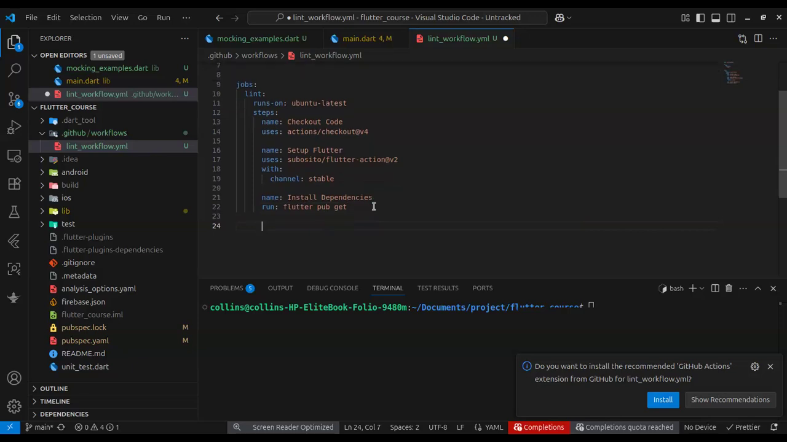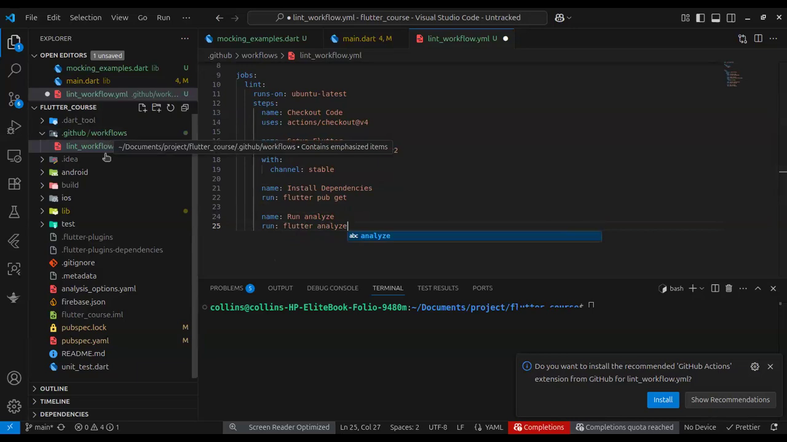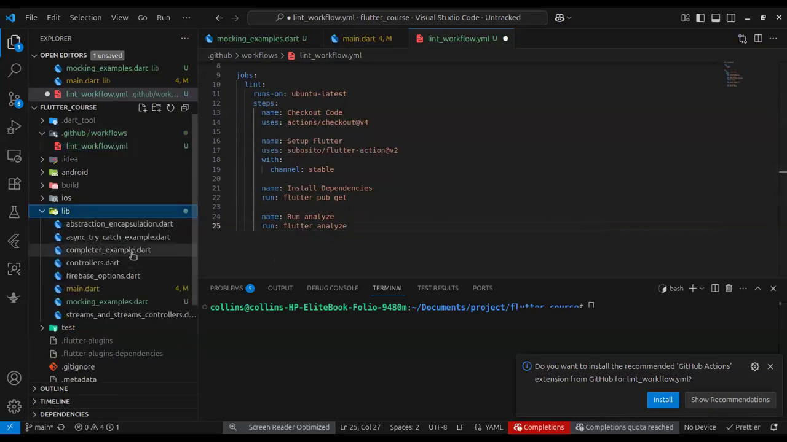Okay. And the next one will be run analyze. It should be a command also. It should be flutter analyze, right? And this project does not have a build runner, so I don't think we need a build runner, just to make sure. Okay, there's no build runner required. So since there's no build runner required,